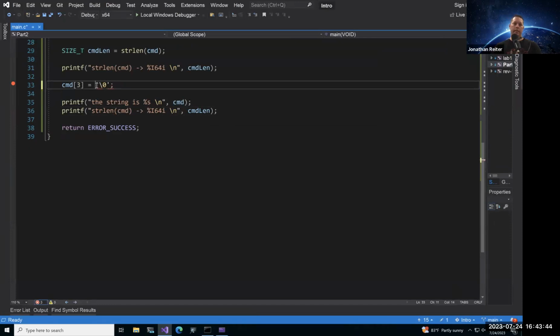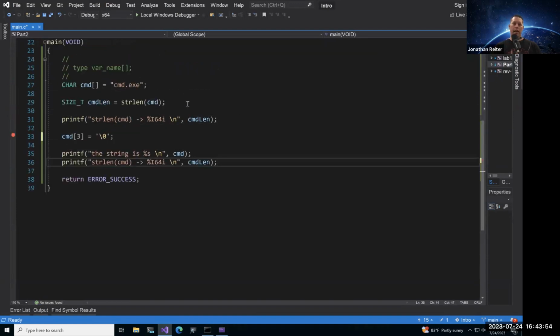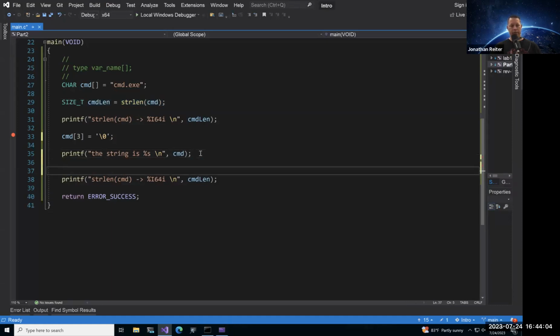look at all these extra things here. Get rid of the double quotes and use the single quotes. Okay, and then we'll go ahead and redo our str length call. Okay, so I'm going to copy that. And right before this printf, we'll go ahead and call str length again, and we'll see what happens with this. So I'm going to save this one here.